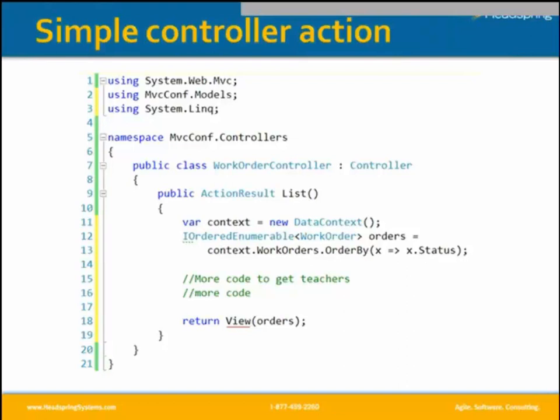We got it right there in the controller action, and we're getting the work orders. We're ordering by status. But then, in order to satisfy those screens, we also need to have some more code. I don't want to list all the code. I want to keep it simple, but there's got to be more code in here to get the teachers and get them up to the view so that we can